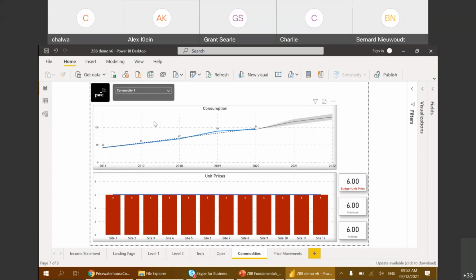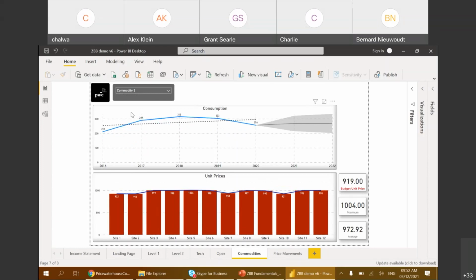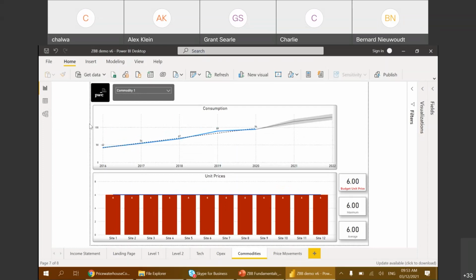So this would be an example where we have one GL line item that's made up of 5 commodities. So we would look at each commodity differently. They would all behave very differently. They've got very different causes for why they exist. They've got a very different impact on revenue and profitability. But it's very important to create this enhanced visibility where you can actually look at what are you consuming, why are you consuming this, and what is your best price that you should be paying for this commodity.